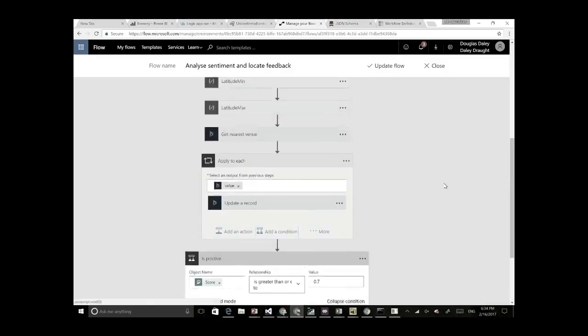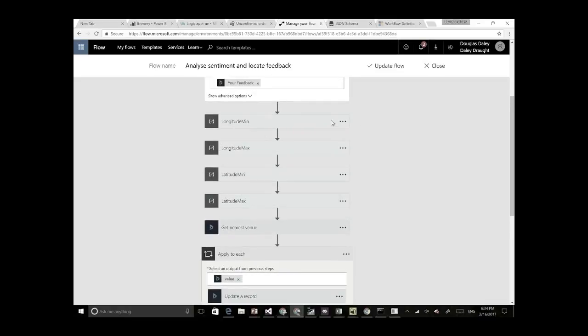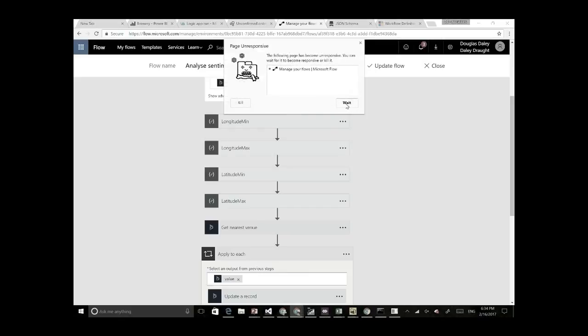Okay? And so in addition to that, we want to do that geolocate thing. We want to work out which venue it's near. So we've just adopted an approach here of saying if it's within 1/100th either side of a venue for the latitude and the same for the longitude, then we'll attach it to the first venue record that's retrieved from Dynamics 365. And so to do that, Flow doesn't actually naturally have mathematical expressions built into it. And so we kind of have to trick it. And you can see here,